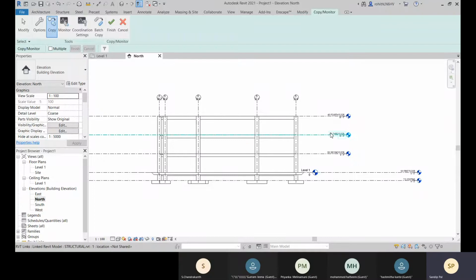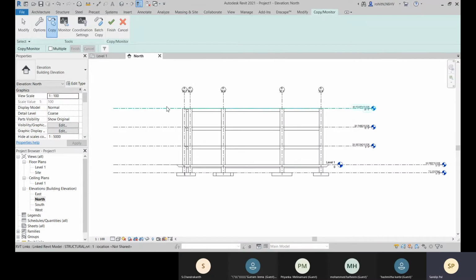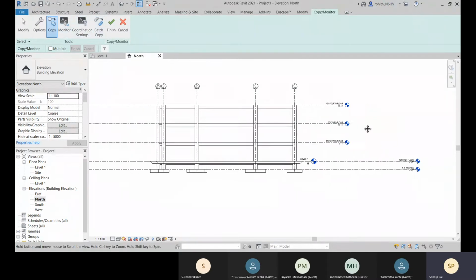So that you can identify that the change you are making shouldn't be done. We are generally copying to have the same thing over there, so that's why we are using this copy and monitor option, right?